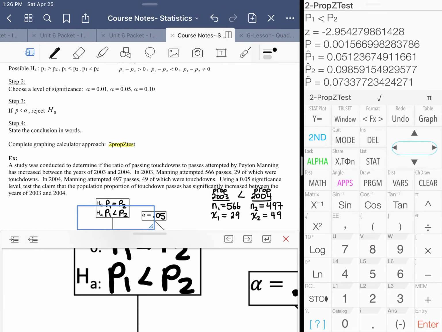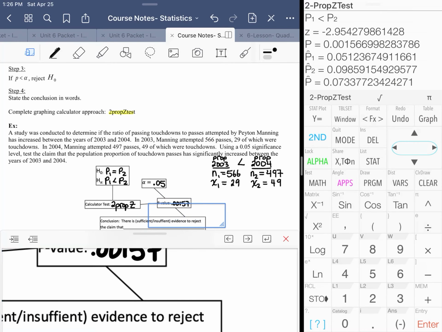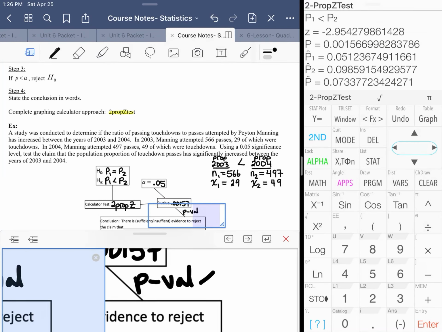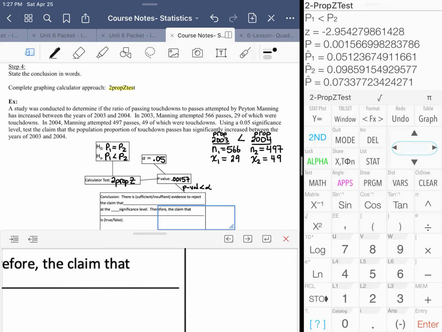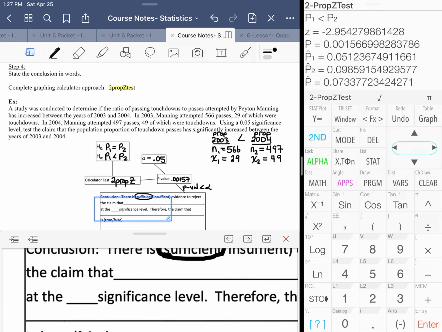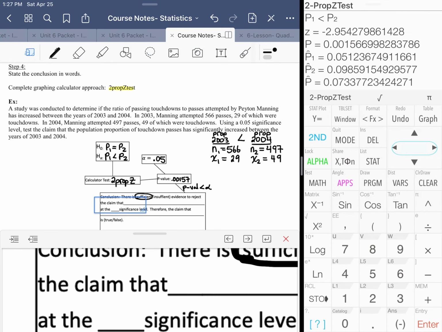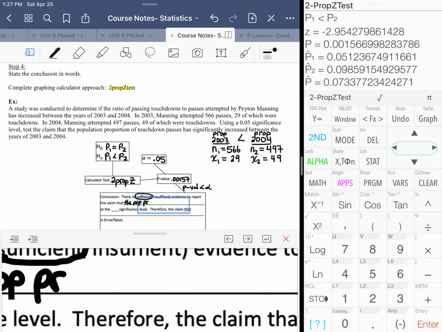All right, so again, all I need is the p-value. Got a lot of other information here, but we're just using the p-value approach, so 0.00157. All right, so the p-value is certainly less than alpha. Regardless of what alpha is, this is so small that it's going to be less than any alpha that we would select, 0.01, 0.05, or 0.10. All right, so there is sufficient evidence to reject the claim that the population proportion of touchdown passes